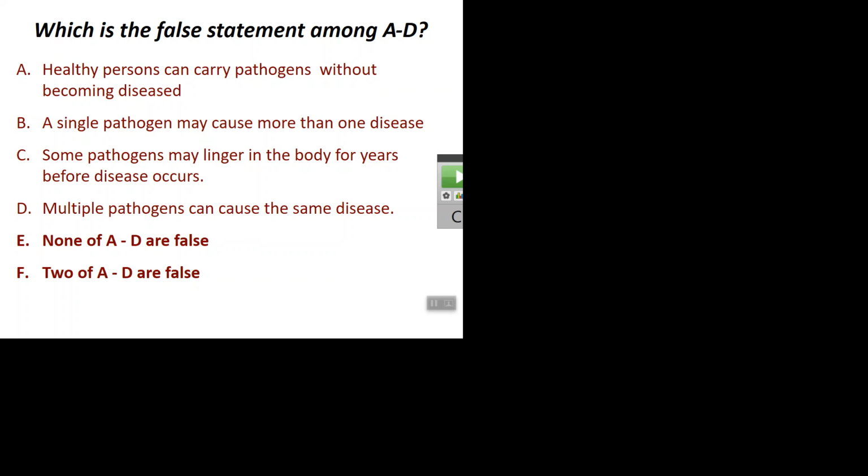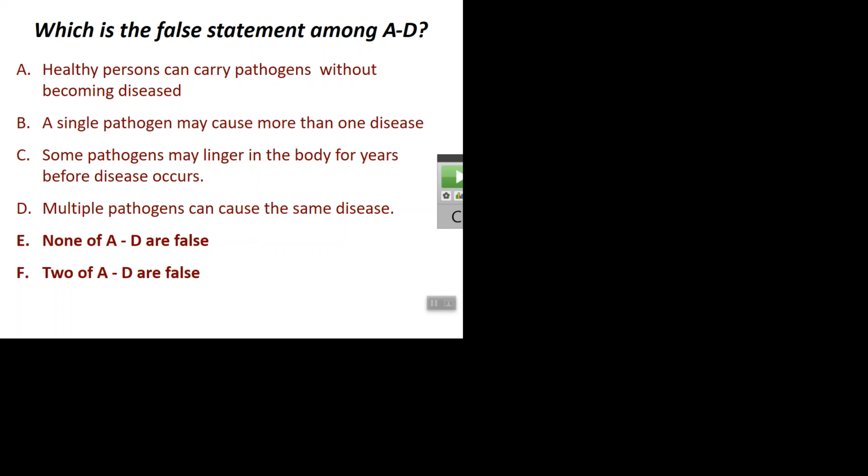Okay. Multiple pathogens can cause the same disease. Anybody have an example of that one? Let me see if somebody else puts their hand up. Anybody? What are you going to say? Different strains of influenza can give very similar symptoms. Yes, true. I'm thinking also of things like pneumonia, right? Pneumonia can be caused by various bacteria, can be caused by viruses, can be caused even by, I think, certain fungi. So your example as well. So basically A, B, C, and D are all true. None of these are false statements.